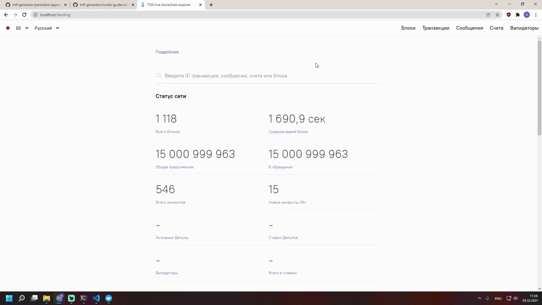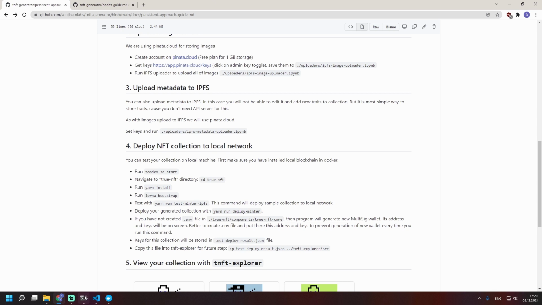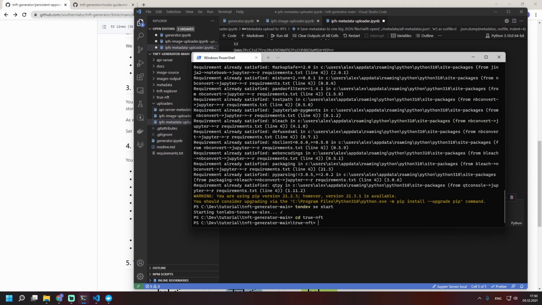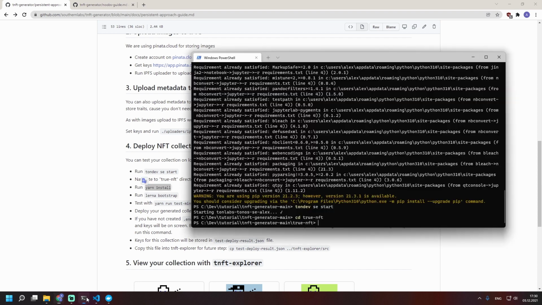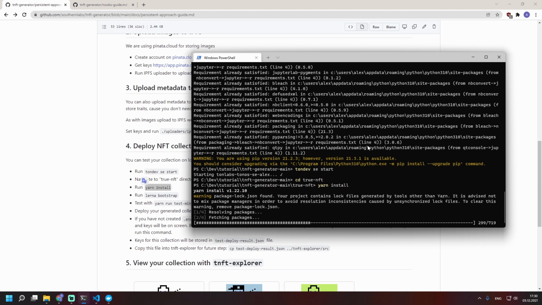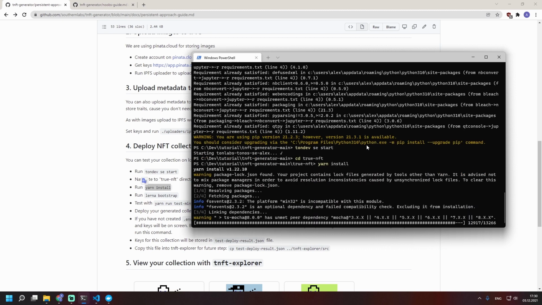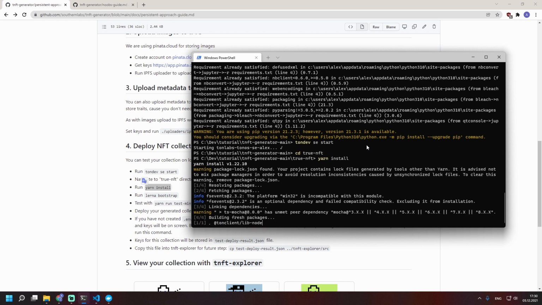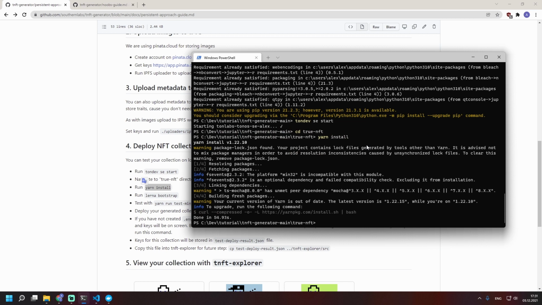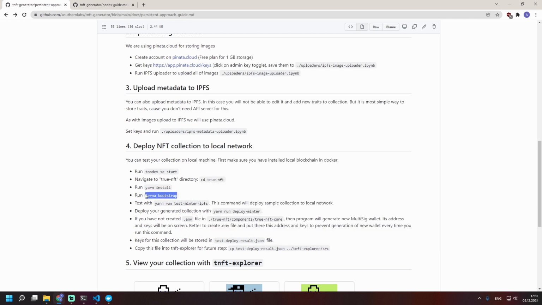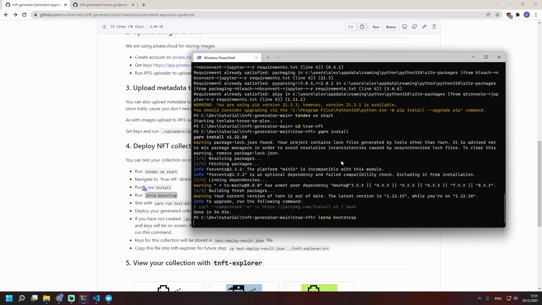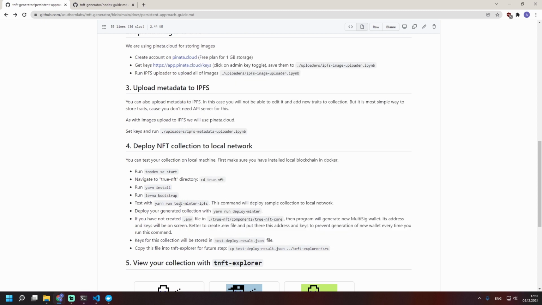We can visit localhost to see Explorer. Okay, next, let's change directory to True NFT in console. And here we should install requirements. Okay, next, run this command. Done. And now we can test